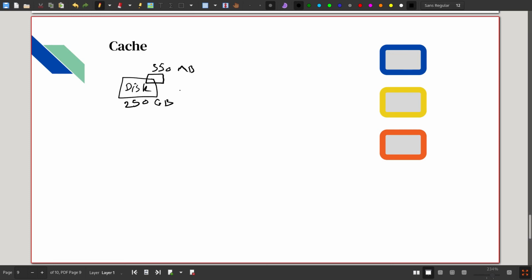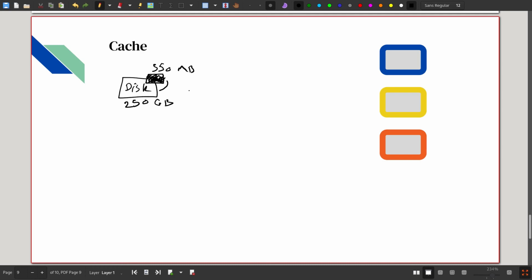It's not too much. It's just an example, okay? And this is your cache. This is your cache storage. It is absolutely faster than your main storage, but smaller, and it helps to improve the performance of your